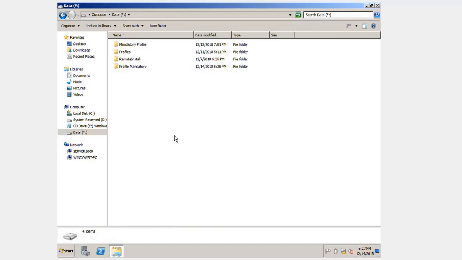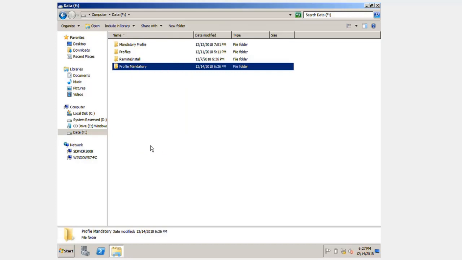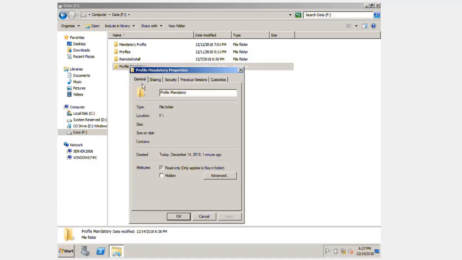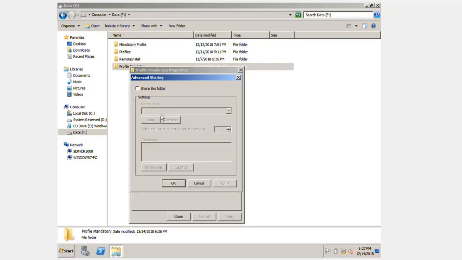Great. Now we will right click on this newly created folder. So we click on it as highlighted, and we will right click on the folder, and we will go to properties. Next, we want to go to the sharing. We will go to advanced sharing, and we are going to share this folder,